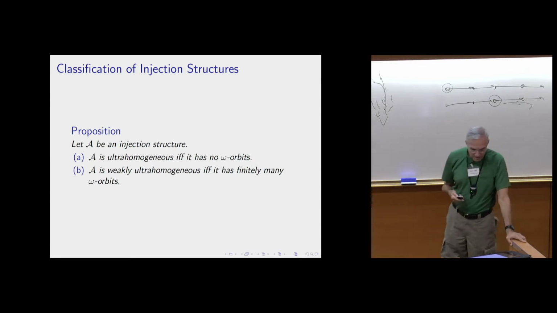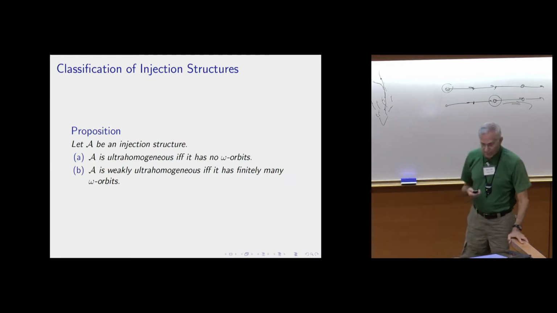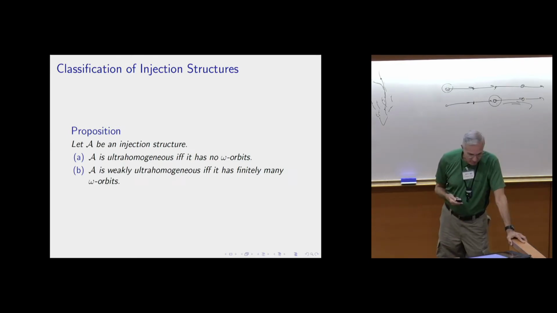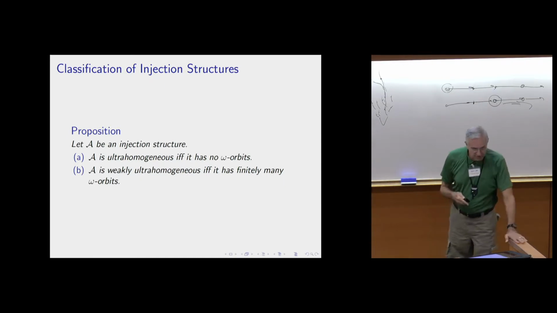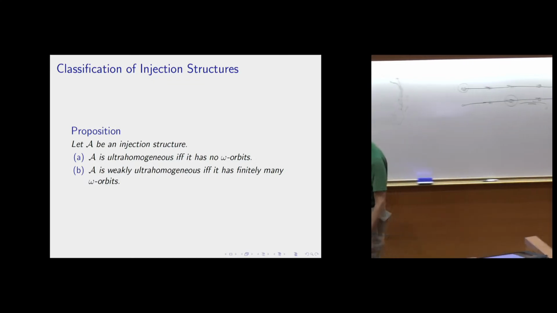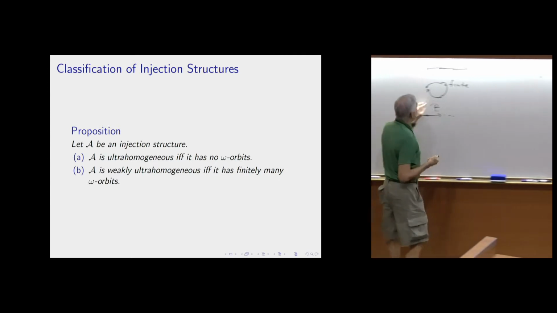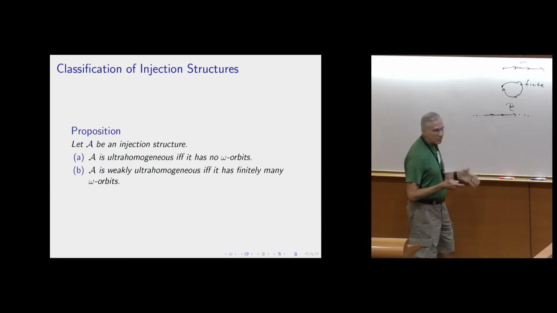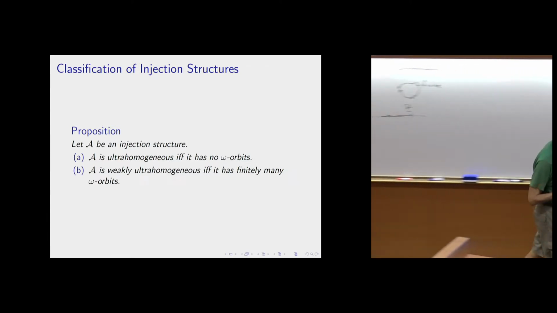Okay, so in this case again, the ultrahomogeneous structures cannot have these omega orbits, for the reason that I expressed earlier. If you have no omega orbits, then you will be ultrahomogeneous. Weakly ultrahomogeneous naturally just says that you were allowed to have finitely many of these omega orbits. So the key here is the finite types. The finite orbits, you can recognize them, right? If you're given some finite orbit, you just keep applying the function until you come back where you started, and then you can recognize those. Those will be preserved under the isomorphism. So it's only the infinite orbits that could possibly cause a problem, and in fact, it's only the omega orbits.